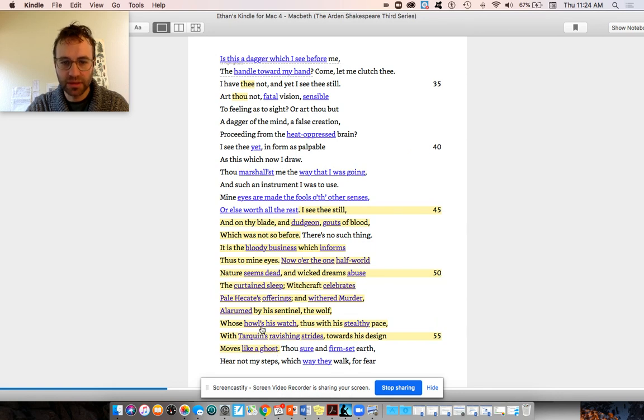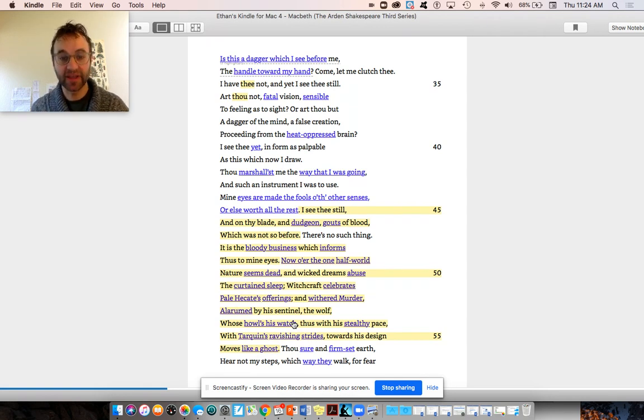He's imagining murder as a person. So this is a great image. And then it's an old man who's been woken up by his guard. And who's the guard? A wolf whose howls his watch. So it's like he's saying that at night, murder is being woken up by a howling wolf that's running with